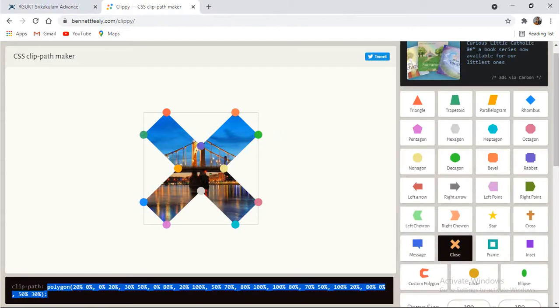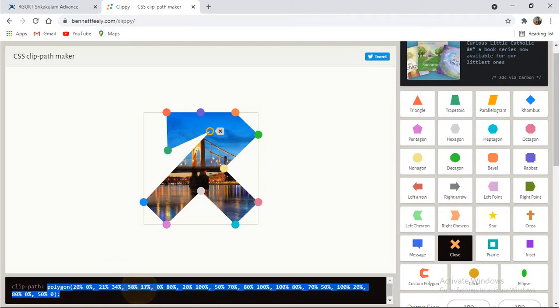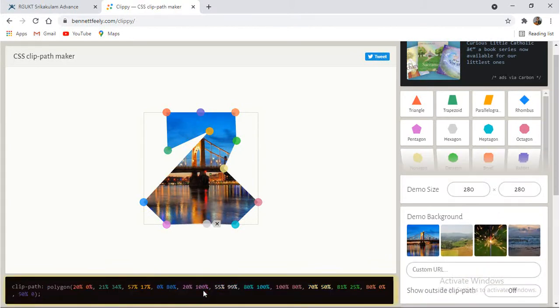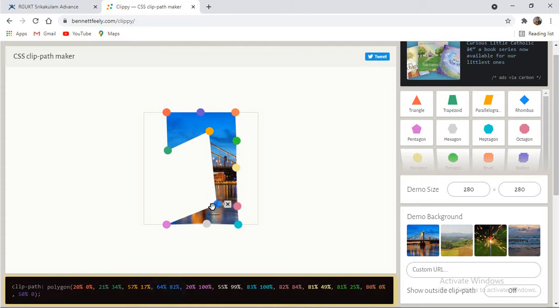For example, I would like to have my own name initial, like J. Then I can adjust this in the form of a J, so that the image will look like that. See, automatically the border properties are changing. So it's not an exact shape.